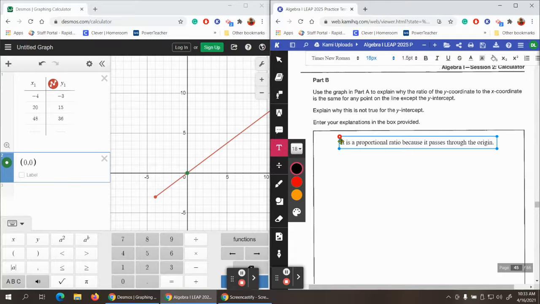It says except for it has the same except for the y-intercept. Okay, the y-intercept is not the same, right? It's a proportional relationship because it passes through the origin, right? And so because it's proportional, right? It has because it has a slope